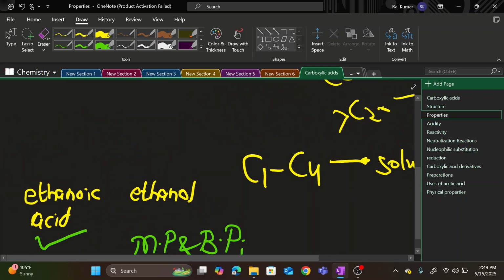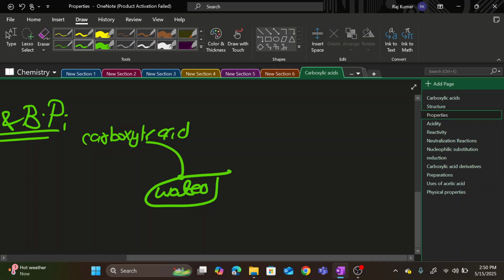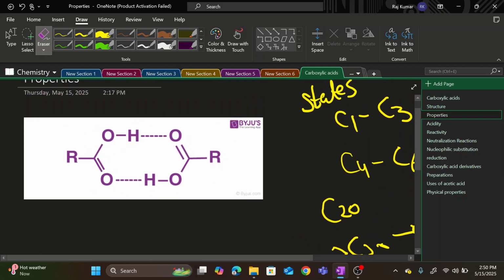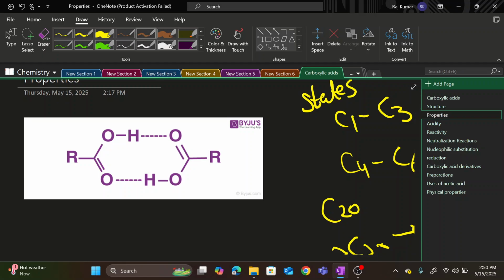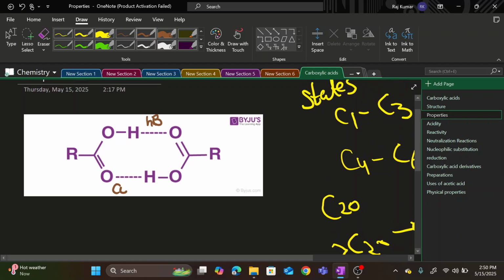But there's one thing that needs to be considered: whenever we dissolve a carboxylic acid, I take a carboxylic acid and I put it in water. What will actually happen is that the carboxylic acid will exist in an aqueous solution as a cyclic dimer. And how is that structure formed? It is in this diagram. You are actually seeing two carboxylic acids in the form of a cyclic dimer, in which the two carboxylic acids are joined by weak hydrogen bonding. This is one carboxyl group, and the other carboxyl group. Both are joined through weak hydrogen bonding. This is a cyclic dimer,